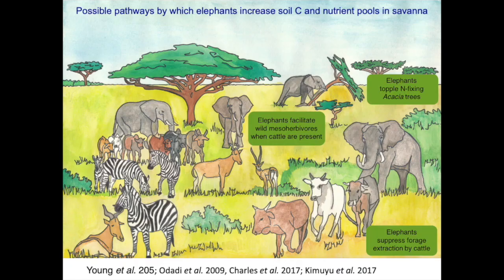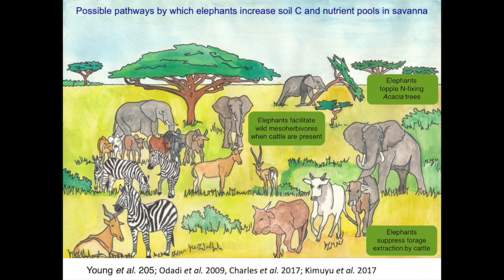We further interrogated the mechanisms that are contributing to the idea that elephants are reversing the negative effect of cattle on soil nutrients. And one of the mechanisms that could possibly contribute to this is the idea that elephants can actually suppress forage extraction by cattle. In our study plots, we have demonstrated that plots that are shared between elephants and cattle